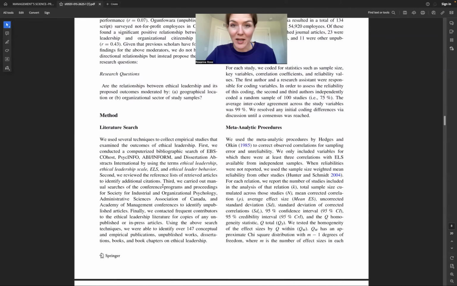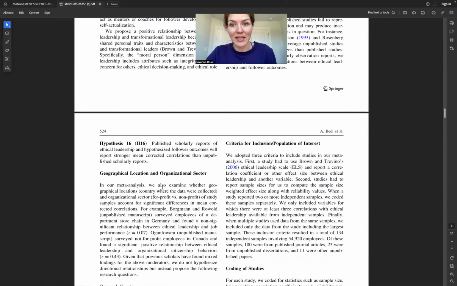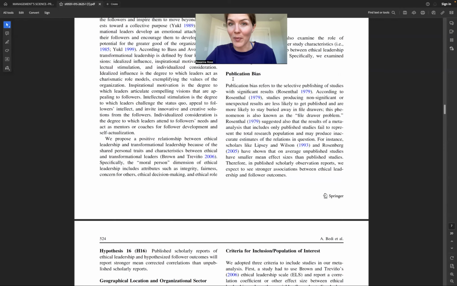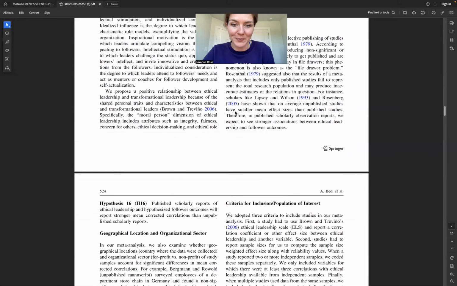If you're interested in talking about publication bias, that's an interesting thing that they can do with meta-analyses, which is estimate the number of studies that might be missing from the meta-analysis because they were never published. Sometimes things don't see the daylight and they never get published. We can estimate those missing studies potentially using some fancy statistical techniques, but you most likely don't need to worry about that.